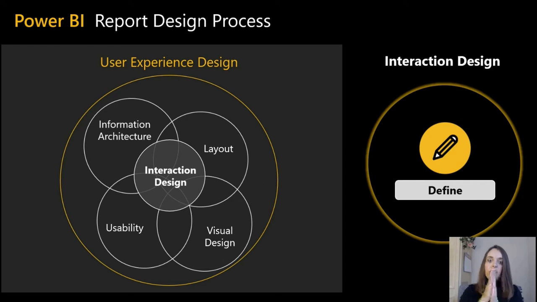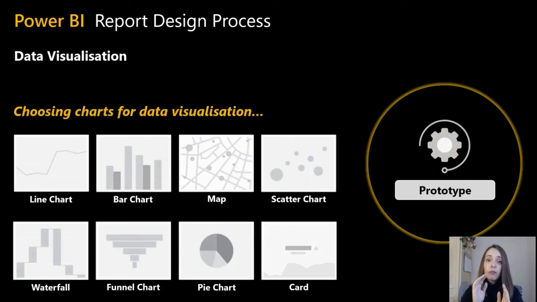So now we are finished with the define phase and we are moving to the prototype phase. In the prototype phase, we are basically going to take all that we've done before and bring that to life. Finally, we are going to start building our reports. One of the steps that you need to consider is the visualizations, obviously, or in other words, the charts, KPIs, and so on that you are going to use to answer the business questions that you need to answer with your reports. And I know we've talked about the data visualization before, but here we go one step further again.